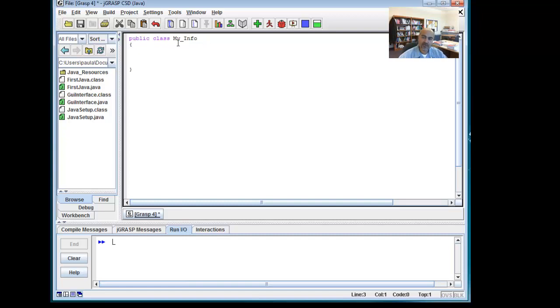Public and class, these are reserved words, and with an editor like JGrasp you will see that they have different colors, which means they are reserved words and it means something to the language. Public is the accessibility, class is that I'm defining a class, and then I have these curly brackets that I open and close. Now I'm going to write a public method, and that is public static void main,